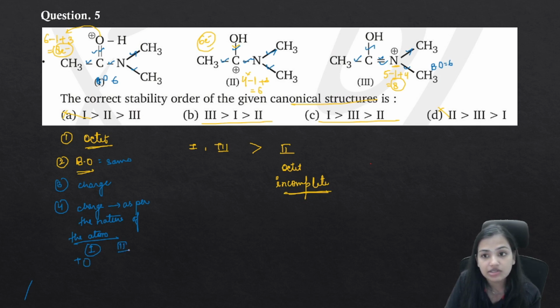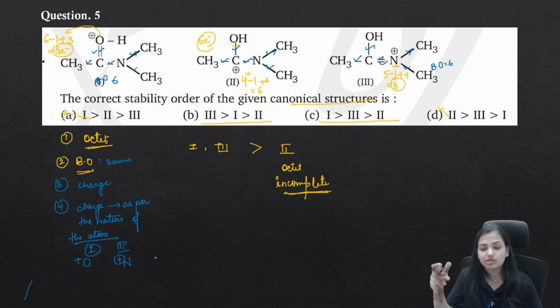In the 3rd structure, we have a positive charge over the nitrogen. So which is better? Generally we would say that the positive charge is not at all stable, neither over the oxygen nor over the nitrogen, because both are electronegative species. But relatively, we know that